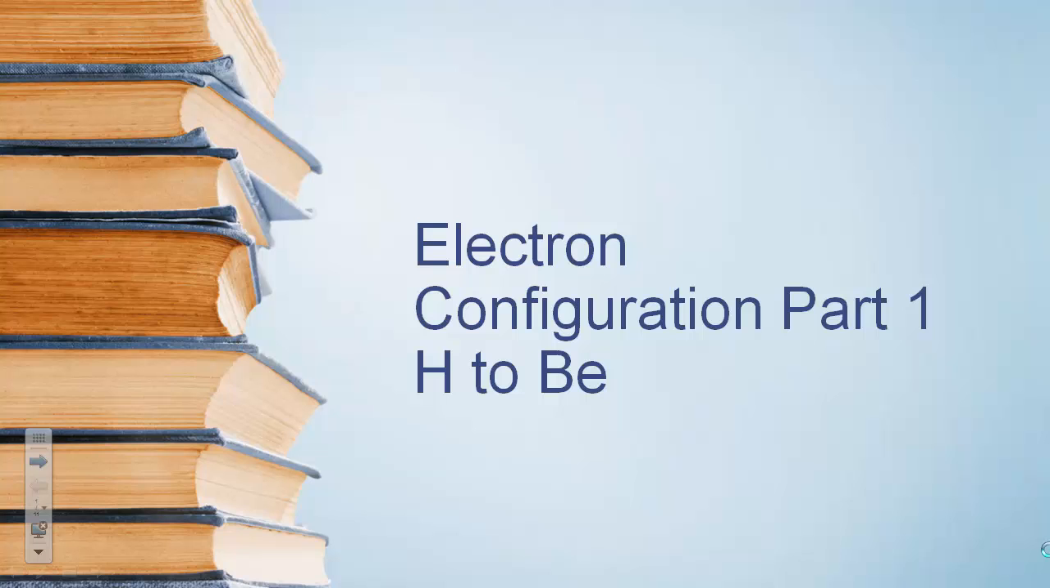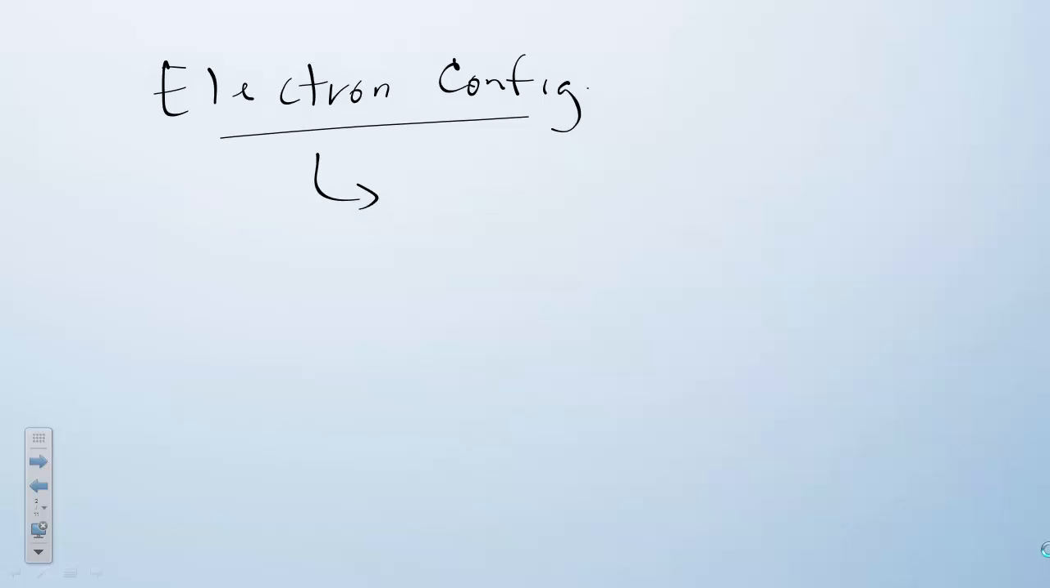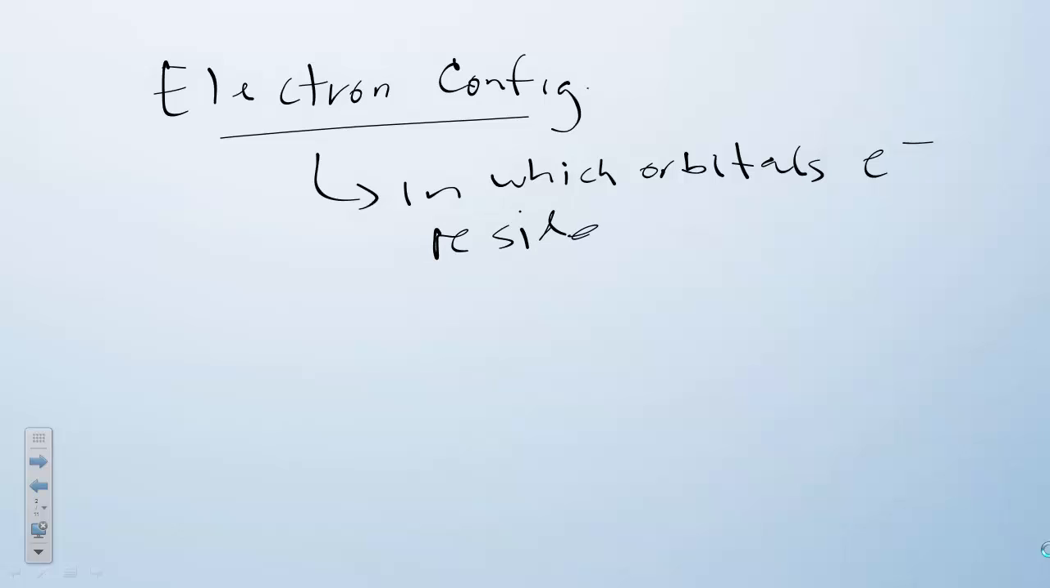So the first question that we must answer always is, what's our motivation? What's the big deal about electron configuration? Well, an electron configuration is important to us because this tells us in which orbitals the electrons reside. Remember, we're not fixing their physical locations. We can't do that, but we are saying, okay, this electron is in this orbital, in this general region,